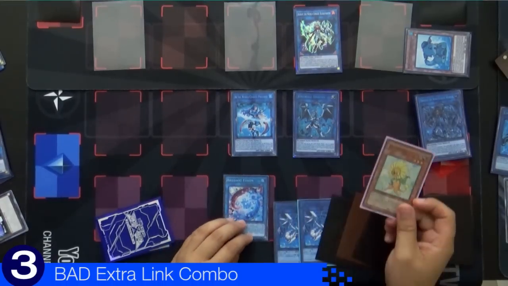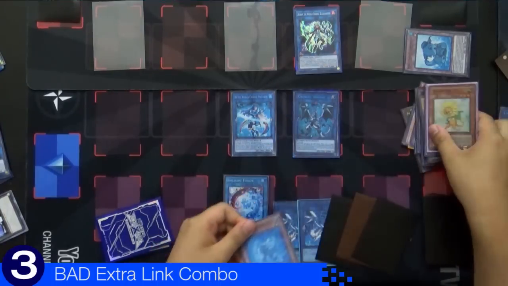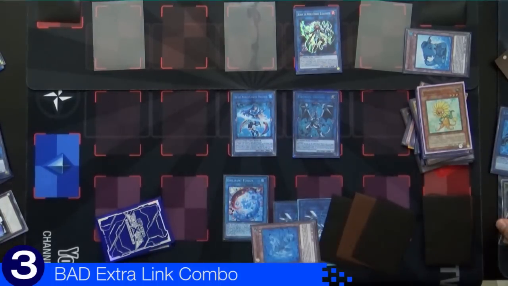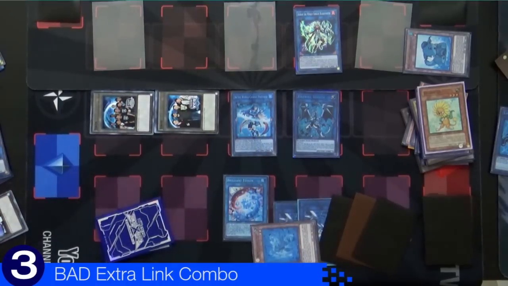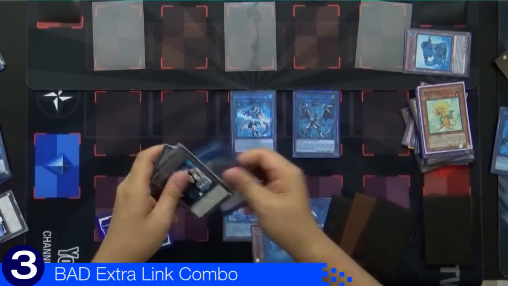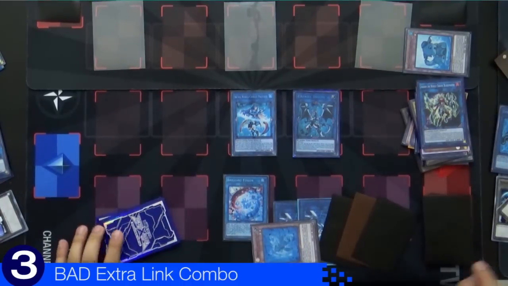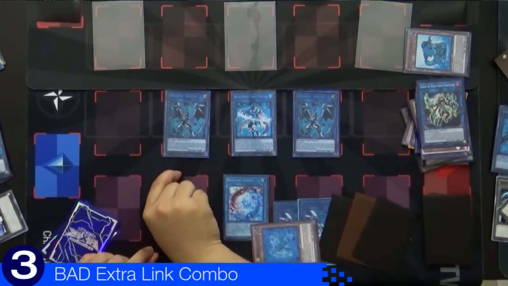We're going to actually ditch this Dandelion into the graveyard for the effect of Lee to add Lee back to our hand. This is going to summon out 2 more tokens. Now, I guess it doesn't really matter where you put these tokens because these tokens are immediately going to be linked off. For a Link 4, we're going to get ourselves a Firewall Dragon right beside Ib, and this time we're going